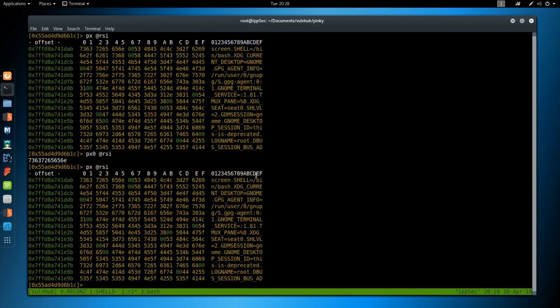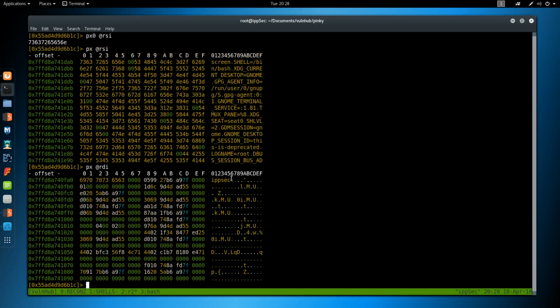We can see that is screen. And RDI is IppSec. And then right after IppSec, we have some null bytes. So we can see that comparison there. So that's how you do that. One other cool thing about this is I was using PDF. We can do PDF at main